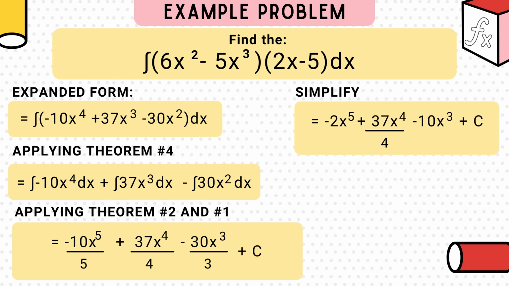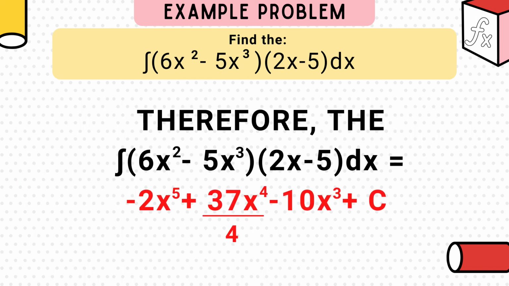With that, we will simplify our answers by dividing the coefficients by the denominators. So the result would be negative 2x to the power of 5 plus 37x to the power of 4 over 4 minus 10x cubed plus c. Therefore, we can state that the integral of (6x squared minus 5x cubed) times (2x minus 5) dx is equal to negative 2x to the power of 5 plus 37x to the power of 4 over 4 minus 10x cubed